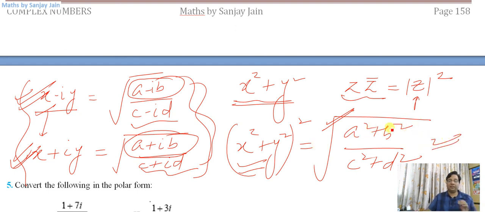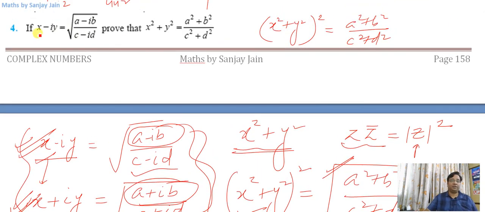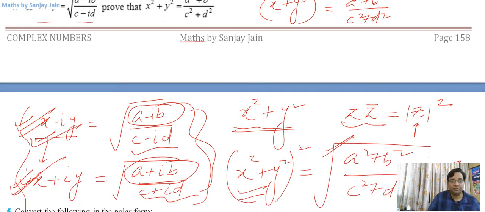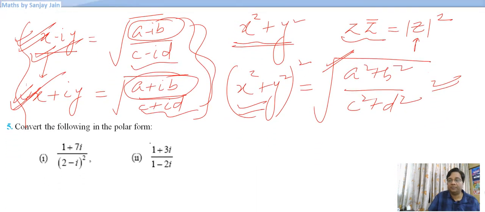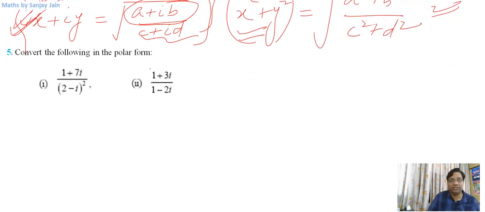So what I have done here is I have found the conjugate of this x minus iota y, similarly of the expression on the right hand side, and then I multiplied these together. So when I multiply this with this, I got x square plus y square, and I hope this question is pretty simple for you. So let's proceed to the next question without wasting any more time.